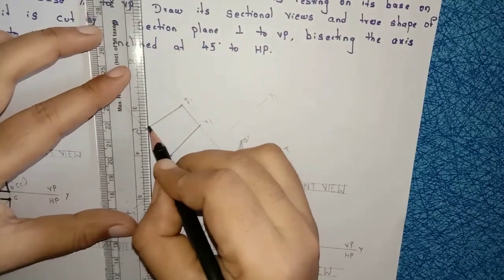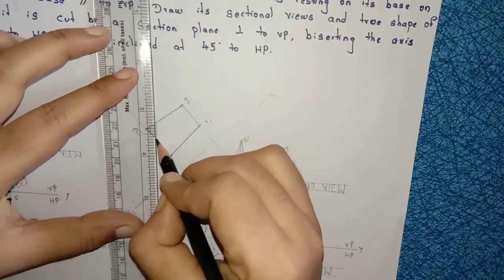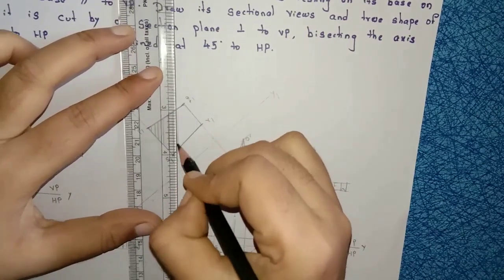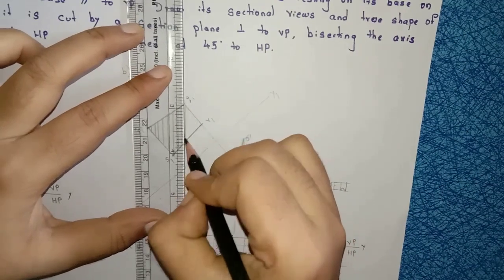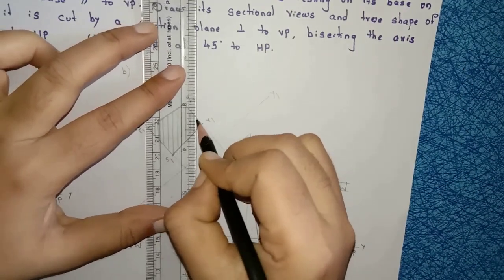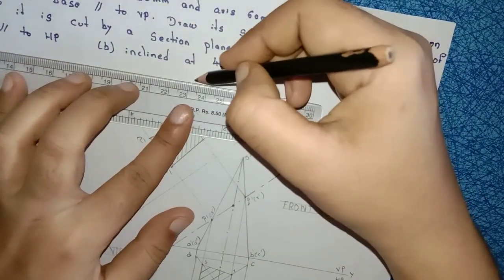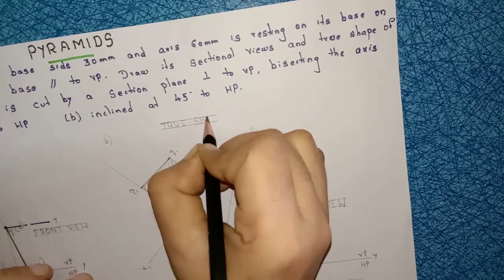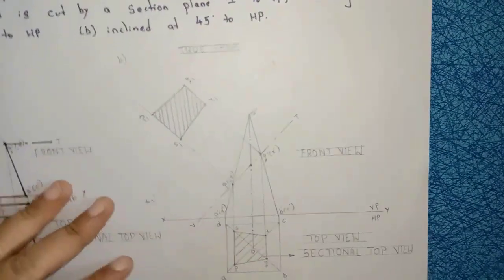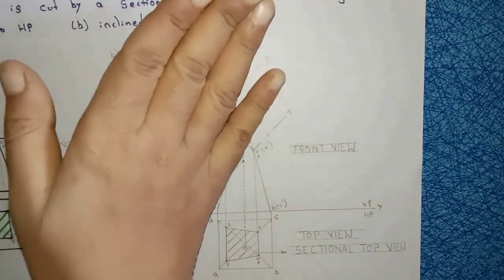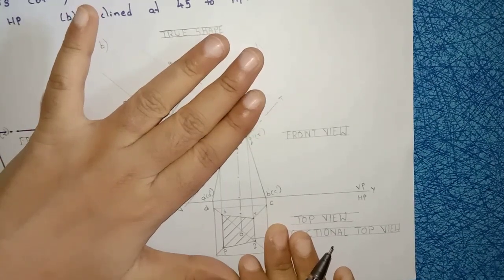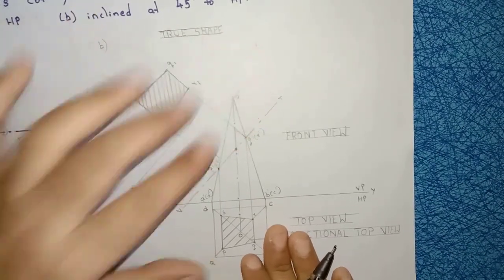Right? So we have to indicate this true shape with the help of hatching lines here. So draw the hatching lines to this true shape. Take height 5 mm and write down here, this is your true shape. Right? So in this problem we are removing this portion. So this portion should be in light manner. Remaining portion should be in dark manner.